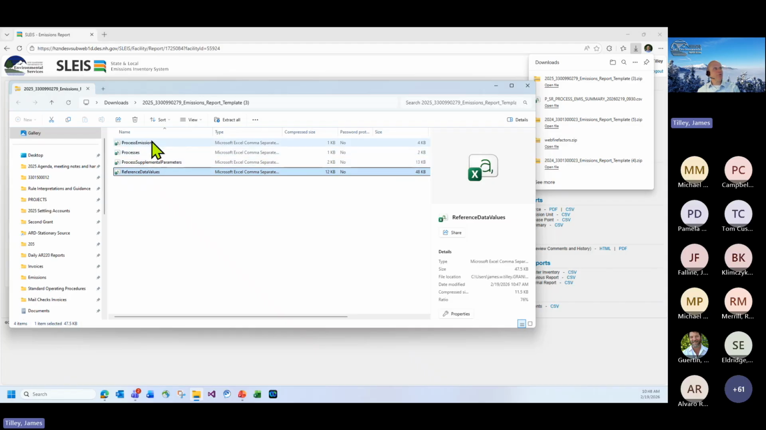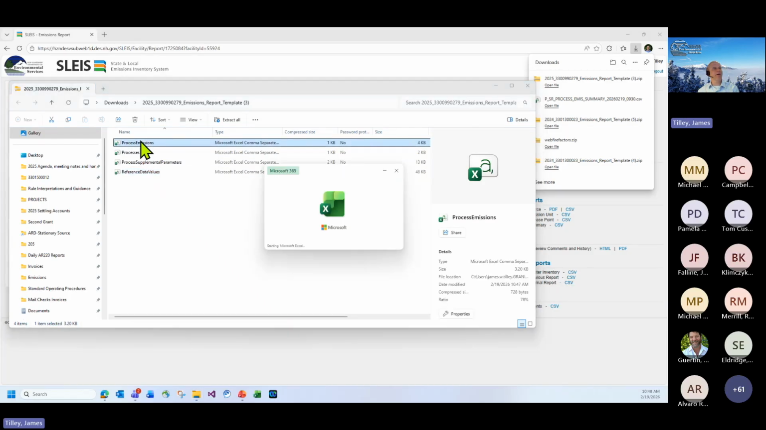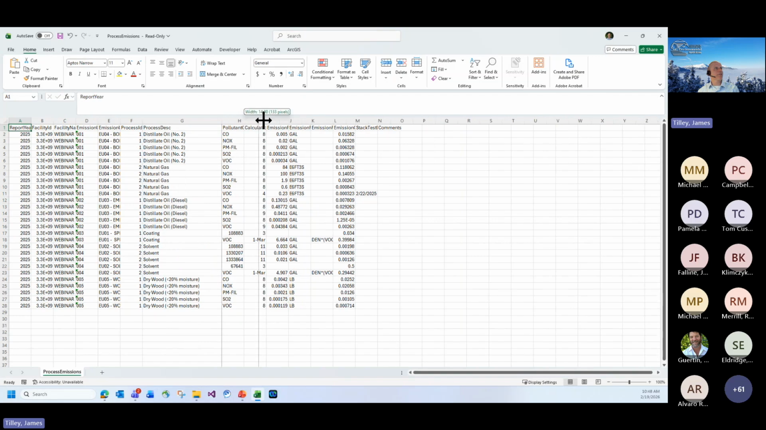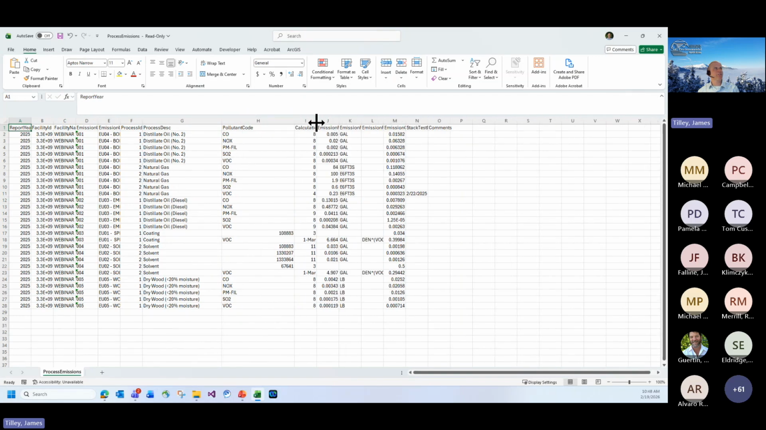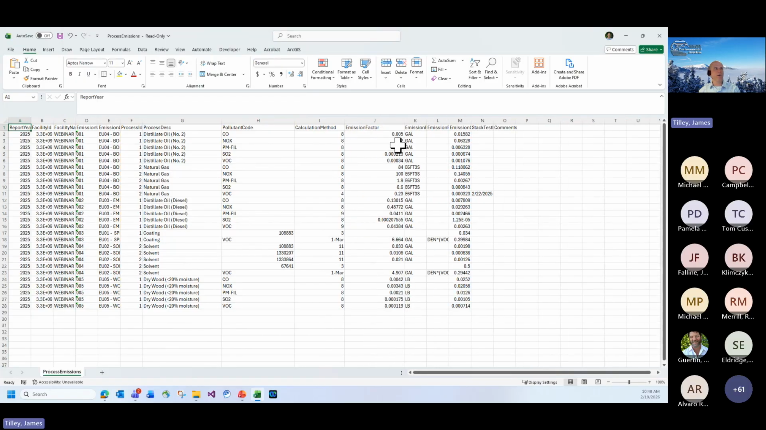Okay, what you do need to fill out are process emissions and processes. These are going to be pre-populated with what I already entered. And you can see all the information from these pages. I'm not going to spend too much time on this because it's complicated. I opened this as an Excel. What you need to know is that Excel,